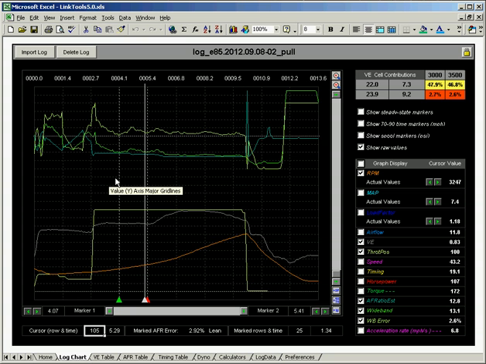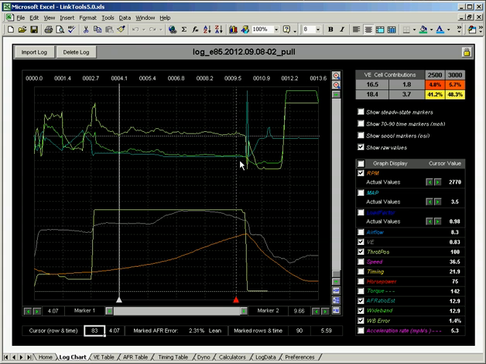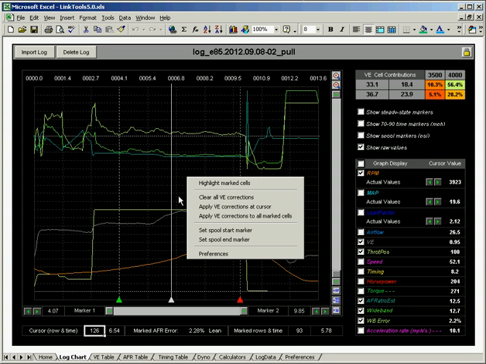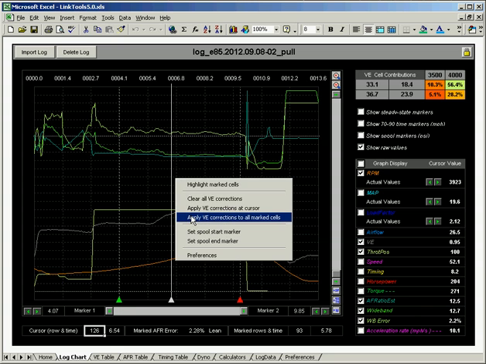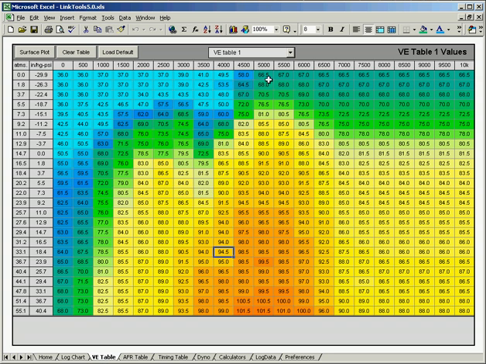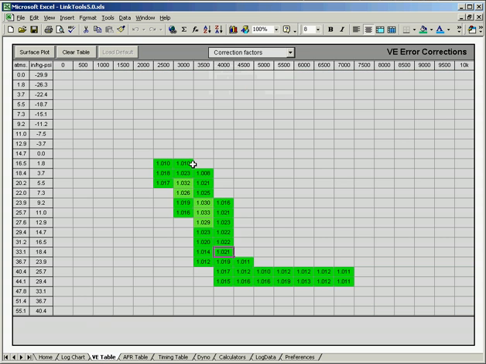I'm going to start about where the cursor is right now because I don't want this area because the AFR was still settling down. There's probably a little bit of delay in there, so we pick a point where things have settled down to start with, and then I'll go to the end of the log or the end of the pool just before throttle lifted and while things are still stable, and then we want to correct this entire area. So I'll clear any previous ones, apply corrections to all marked cells,